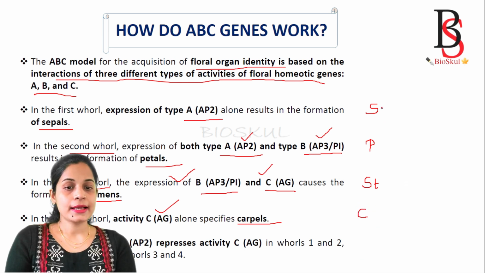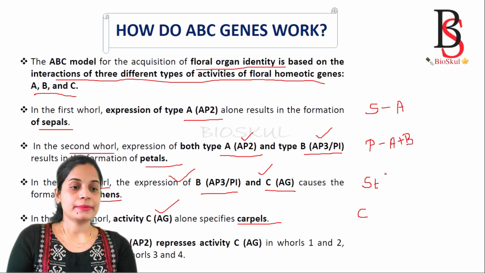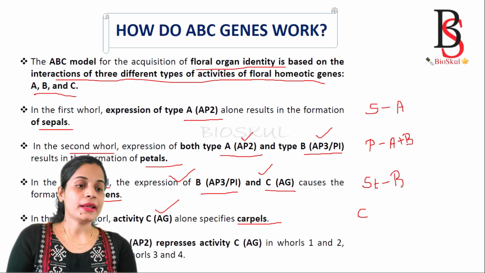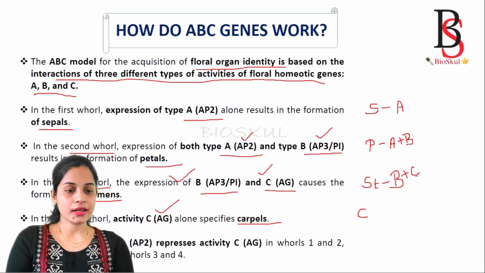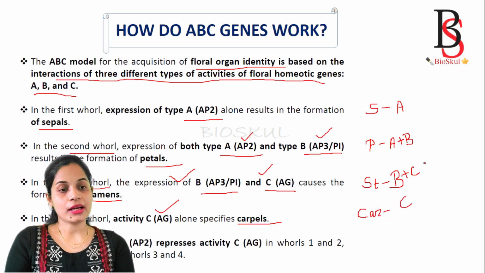And the sepals express only type A. Whereas the petal expresses the type A class of homeotic gene plus type B. Okay, A plus B. Similarly, the stamen expresses genes from type B plus type C. Whereas the carpel expresses only type C, and we know that the type A gene is Apetella 2,